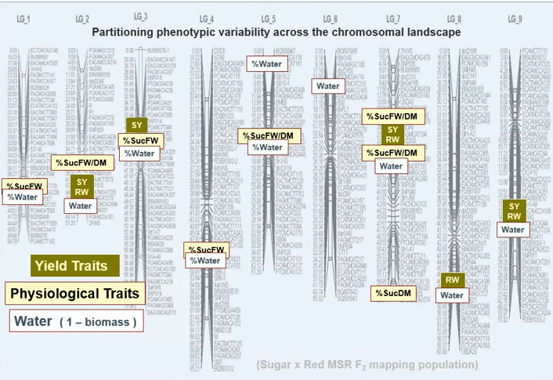And so one way one can do that is to partition all that phenotypic variability across the chromosome landscape here, basically doing QTLs. And I should have actually made 2 different slides for this. What I wanted to get across here was that for these different traits that were measured, so the percent of sucrose as expressed as fresh weight or dry matter content,